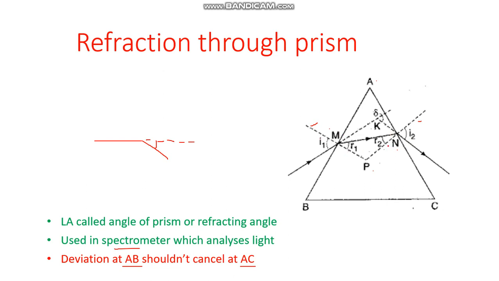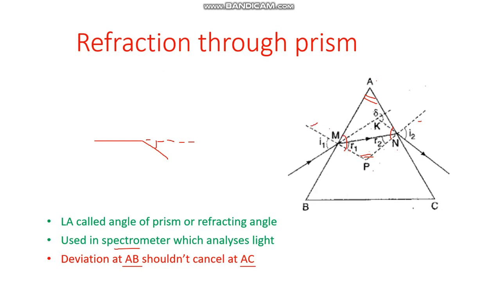So if you take quadrilateral A, M, P and N, these two are normals, so obviously angle M and angle N will be equal to 90 degrees, or 90 plus 90, 180 degrees. You see here, this angle we are talking about, this total angle and this total angle. Angle M plus angle N will be equal to 180 degrees. So angle A plus angle P will also be equal to 180 degrees, because the sum of all these four angles is 360 degrees.